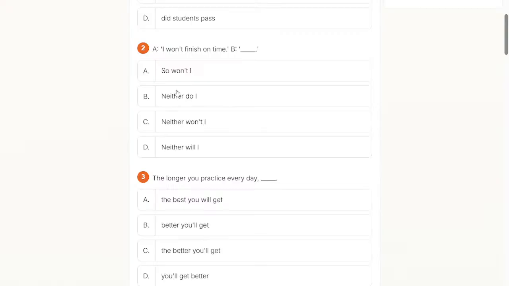I'm not sure. The last time I did the previous test, there was a similar question, and the rule stated that if we use a verb here, do not repeat this verb in the reply, we use an auxiliary verb like do, did.